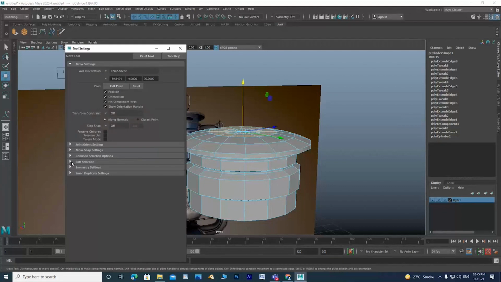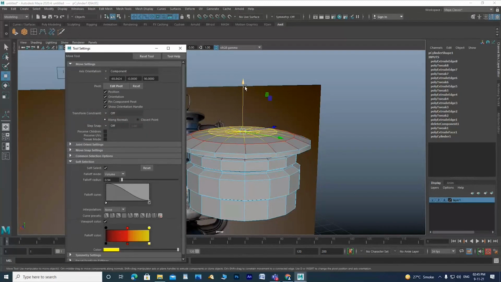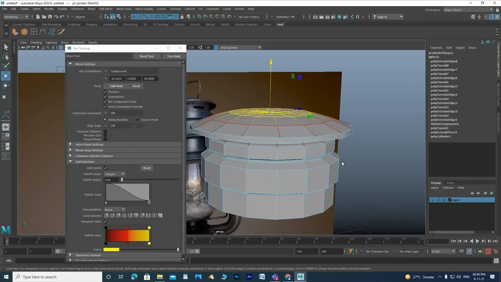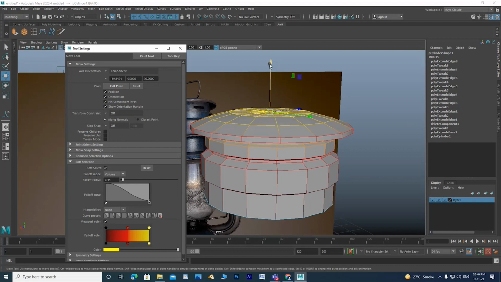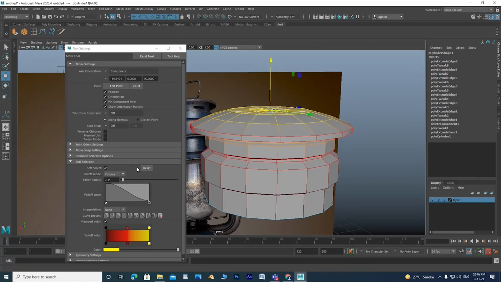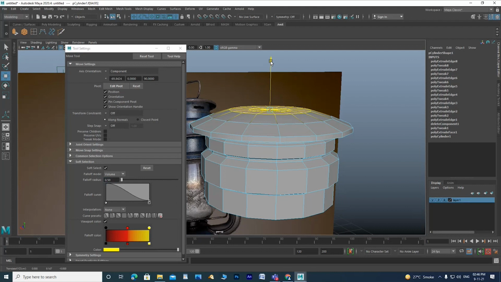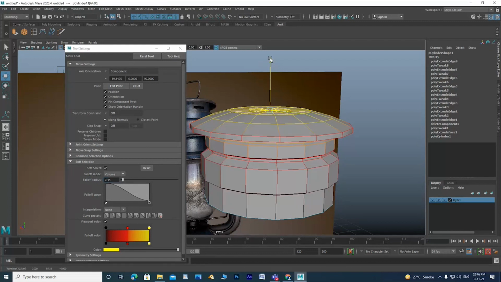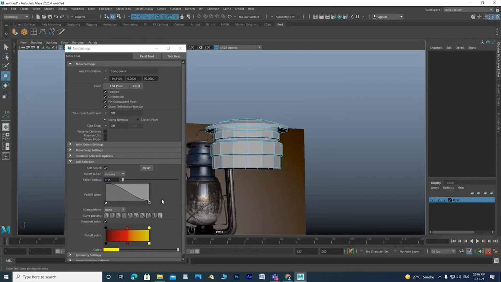Here is soft modification, which impacts a percentage of the entire mesh. If it is high, take it here, maybe 0.5, so only that much, a slight increase. Then uncheck it.